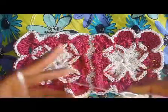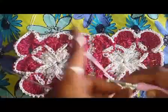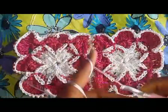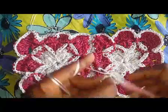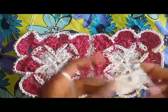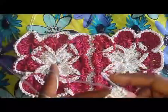Yarn over twice, the first 2 and the second 2, yarn over again, draw to the first 2 and then the second 2, yarn over again. I think this will be the 3rd one, the first 2 and then the second 2, yarn over, draw to the first 2 and the second 2. Now you've completed your 4, you draw through